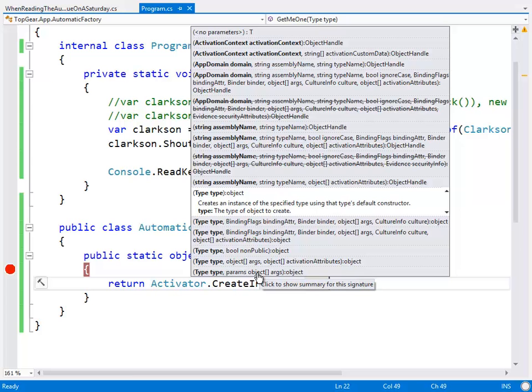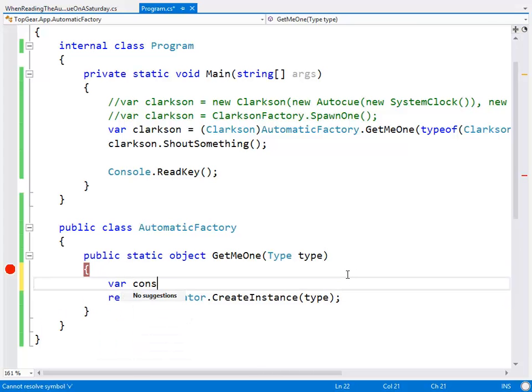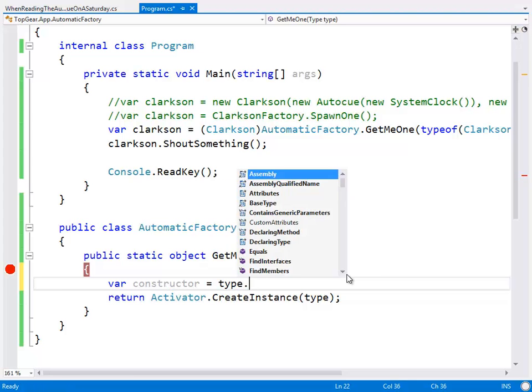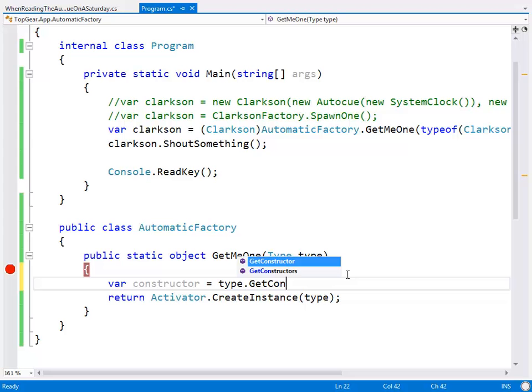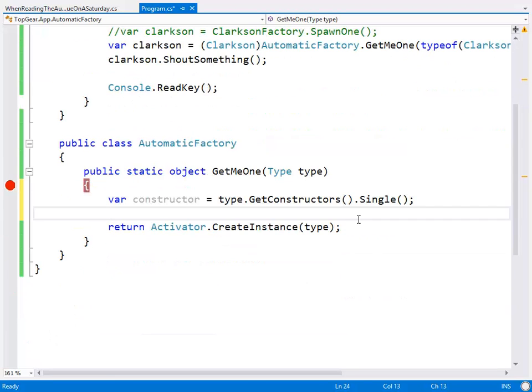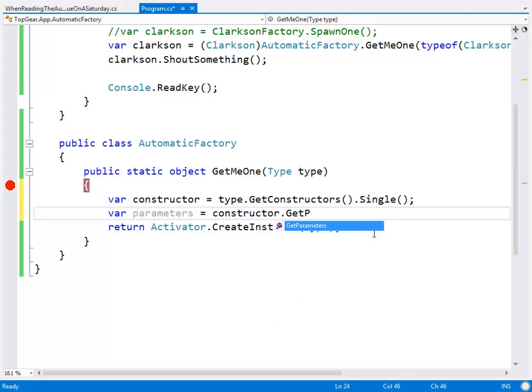So what we're going to do is say var constructor equals type, this is the type we want, .GetConstructors, and I'm going to say GetConstructors dot Single. If you have more than one constructor, I'm sorry, my automatic factory is not for you. So we're saying get me the only constructor that this type has. The next thing is var parameters equals constructor dot GetParameters.